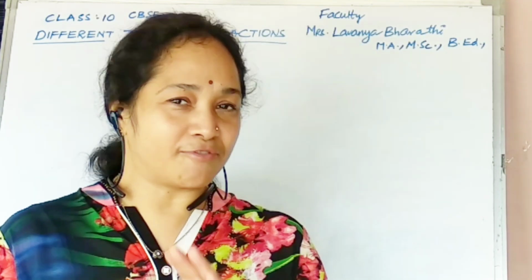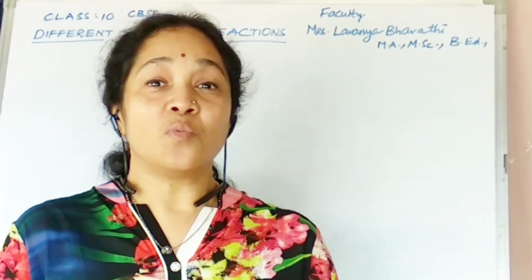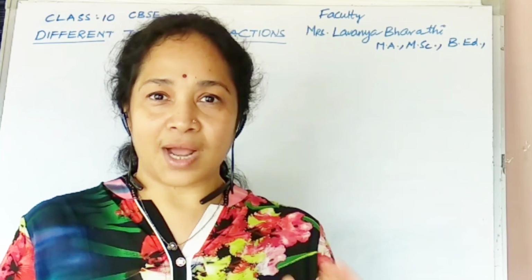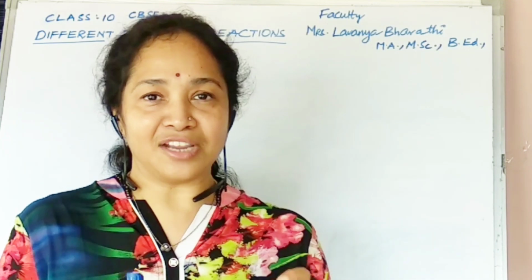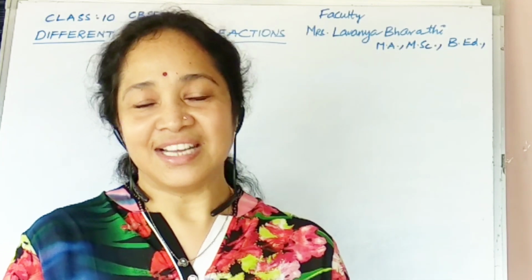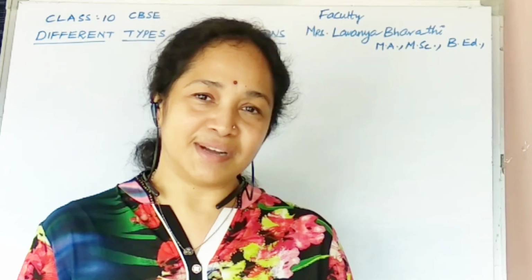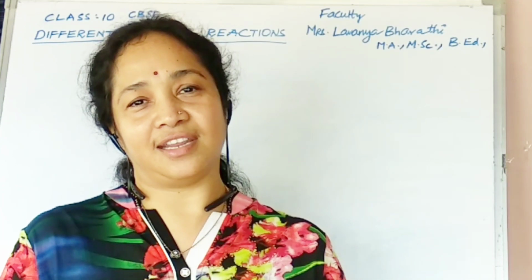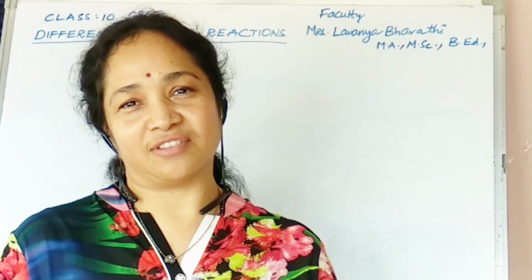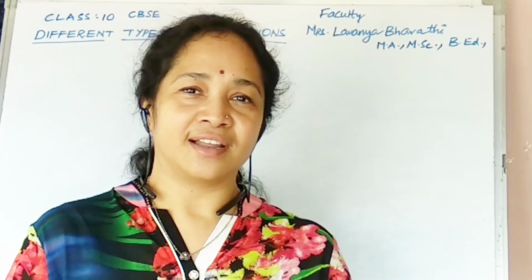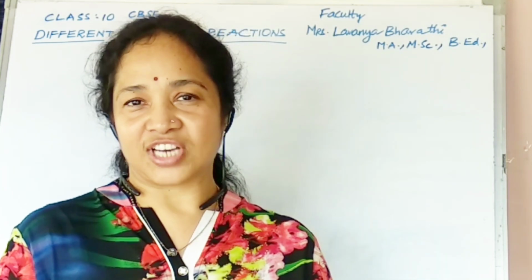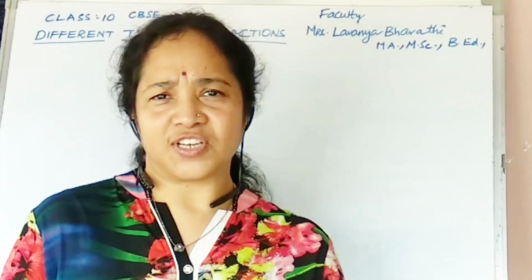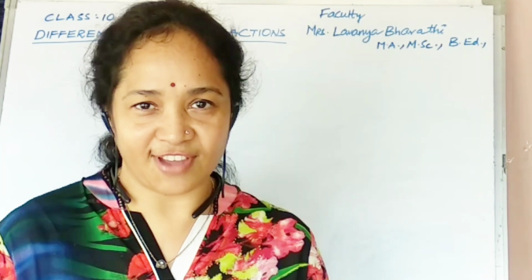And then the fourth category we come across is double displacement. Twice the cations and anions in the salts are displaced. So that results in a double decomposition reaction. And the fifth category is the redox reaction, which is completely new to your 10th standard children. But today I am going to explain that also in a very easy way.